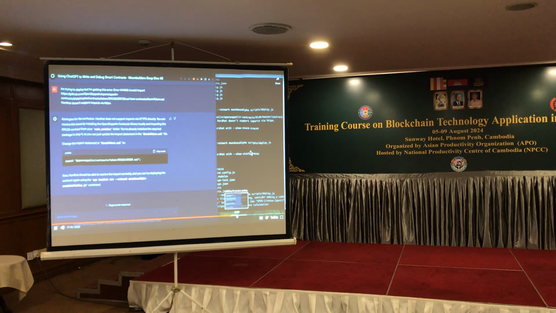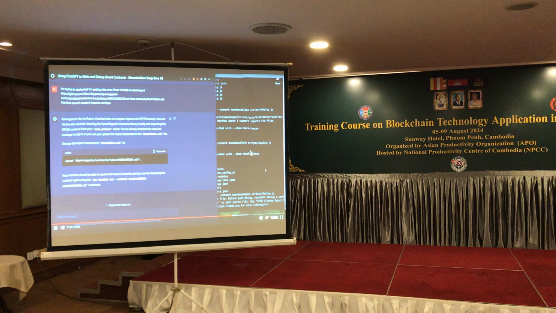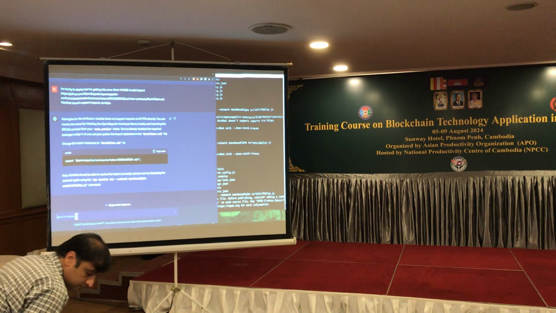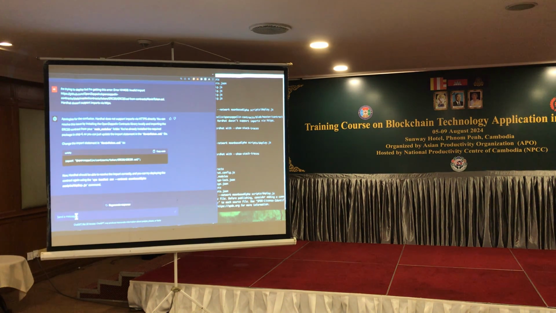So we've learned that GPT-4 can write a Solidity smart contract for us. We've learned that it can write a deployment script. We've learned that it can fix errors and tell us how to solve them, and it can do more. So one thing that's very important, of course, is for any contract to have tests. And you can write them yourselves. You can also have GPT-4 help you with your tests. So we'll say, hey,